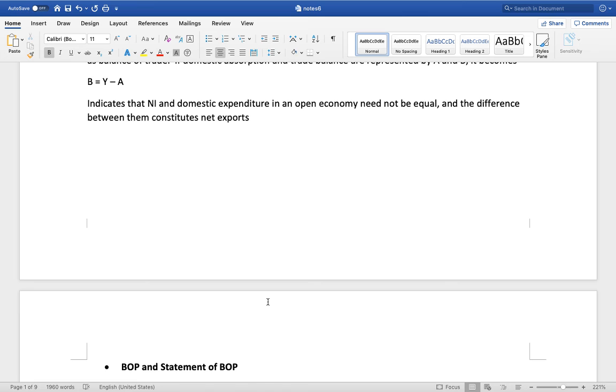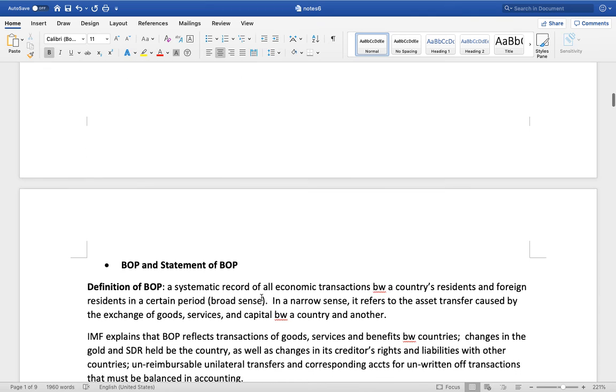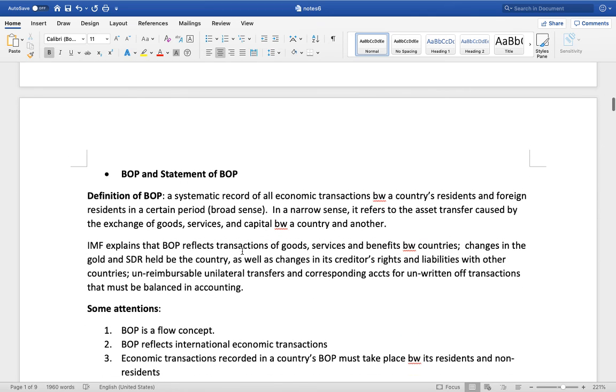A country running a trade deficit means it spends more than it produces and must buy goods and services produced abroad through net imports. To pay for goods and services in foreign markets, a country must borrow abroad or reduce its net assets abroad. On the other hand, if a country runs a trade surplus, it is financing the corresponding trade deficit country. The balance of trade also reflects the size and the direction of international capital flow.